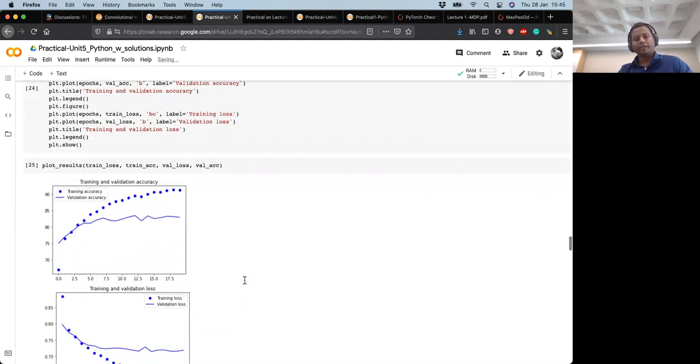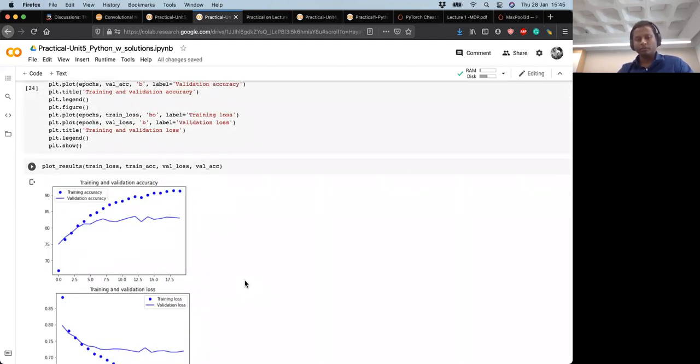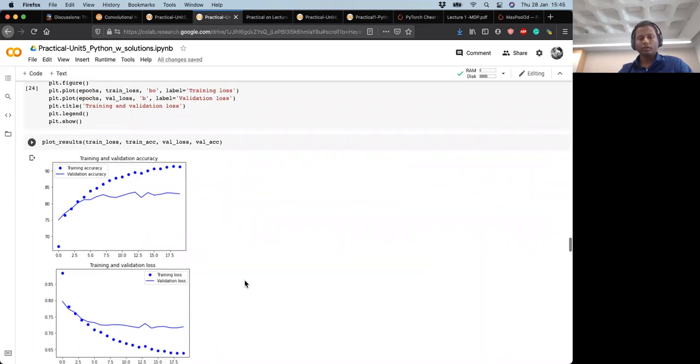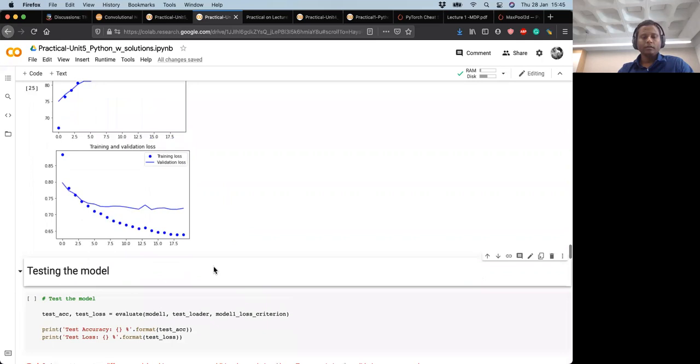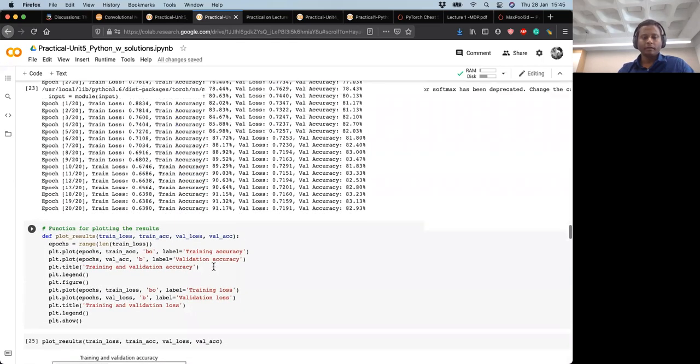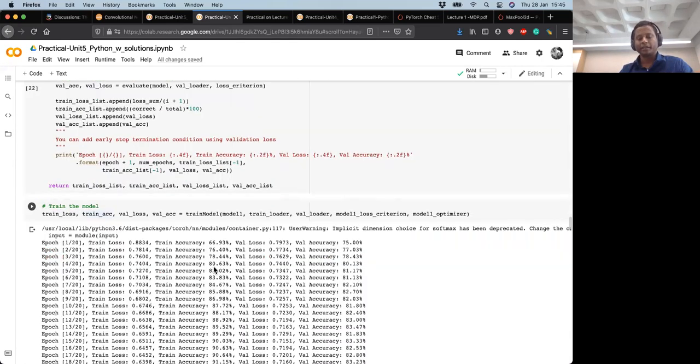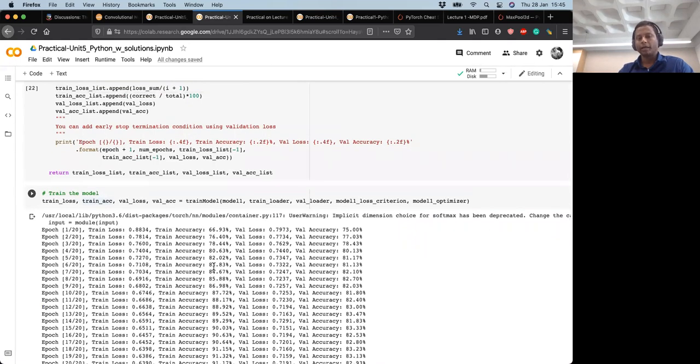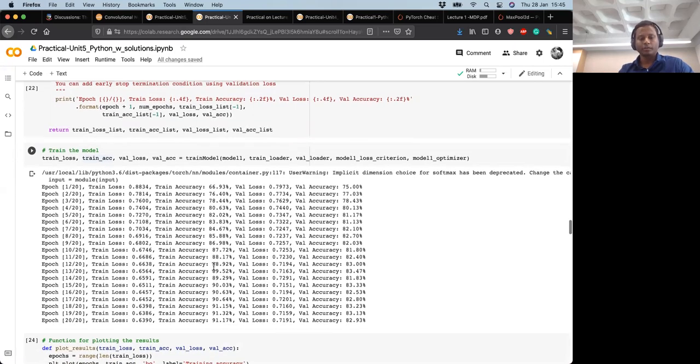So far we have trained the model, which we are calling model one, and we plotted the corresponding training loss and validation loss we obtained during training. I am using a fixed number of iterations, but you can always use validation loss or accuracy to terminate the training, like the early stopping we studied earlier. You can implement all those things. I'm not going to talk about them here,